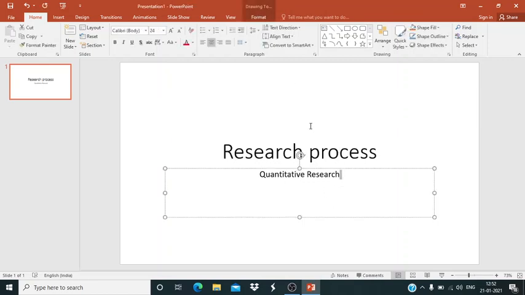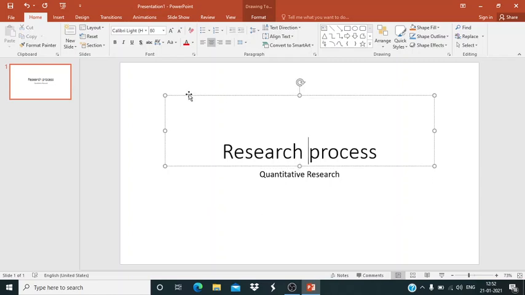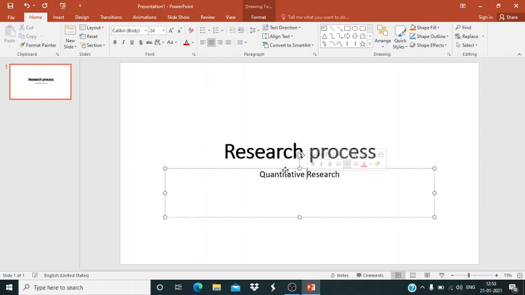Now the most important thing is you find here, as I have typed, all these things have become very prominent in the Home tab. If needed, I can select this and give bold. So the whole thing is highlighted and it is now in bold. Say for example this one, I'm selecting it, and if needed I can give it in italics, and if I just want to bold it, I can do that.